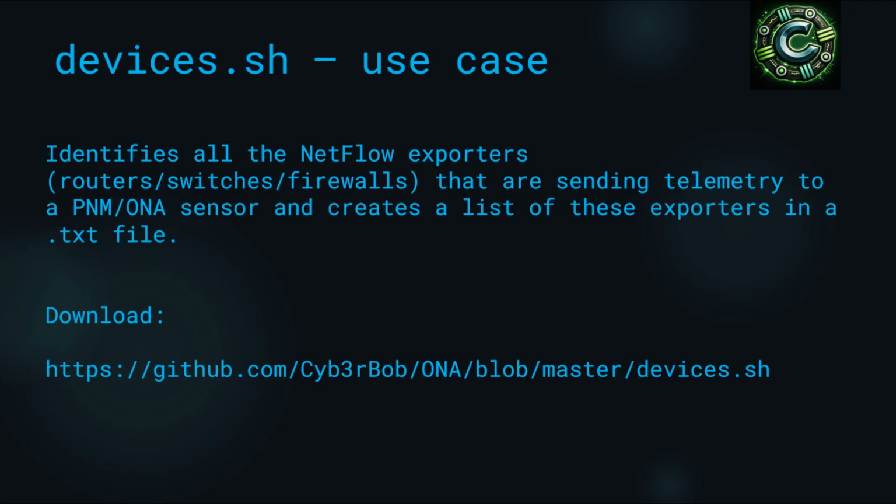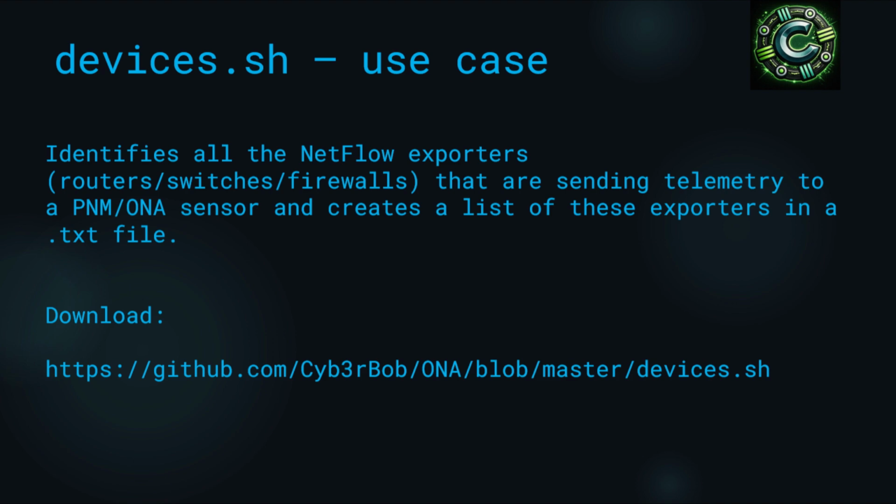All right, this is the last one for this video, I promise. Devices.sh, devices.shell. This one's going to help us determine who's actually sending NetFlow telemetry. It's going to do a TCP dump, and then we're going to do some grepping from that TCP dump to figure out who's the sending IP address on a certain UDP port. And then it takes that and counts them all up, prints it out, and then even prints it to